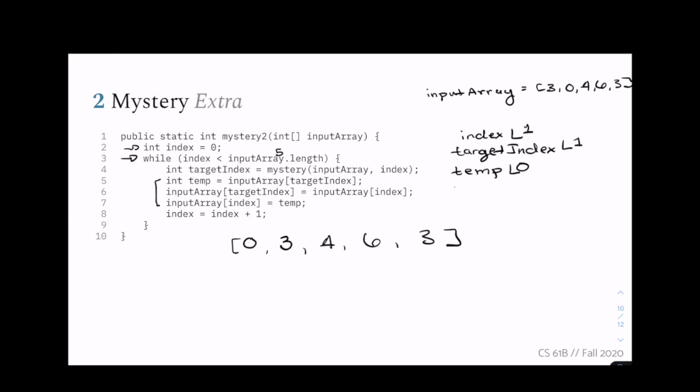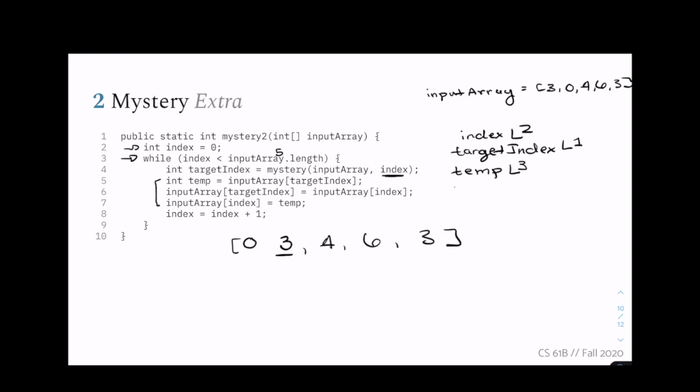And then we go through this again. The while condition is still true because 1 is less than 5. We find the target index. So remember, k is now equal to 1 right here, which means we're not going to really look at anything before this in mystery. So now the index of the smallest value is actually still 1. So what happens is we set temp to be equal to 3, and then we basically swap it with itself, which does absolutely nothing. And again, we increment index to 2,